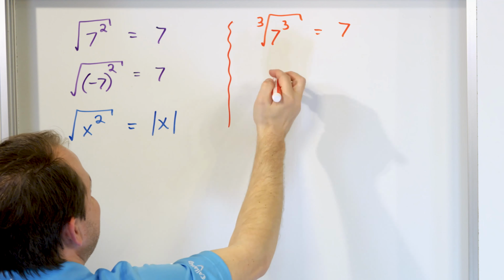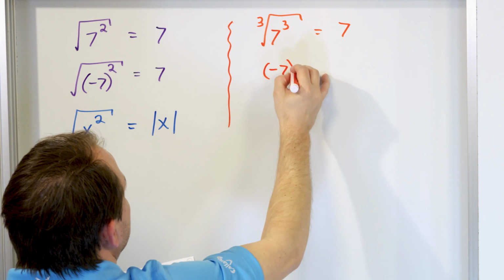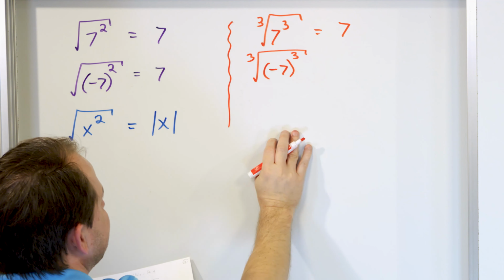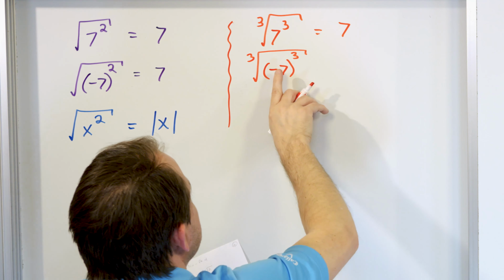Now let's do the same exact thing. Let's make it -7. We're going to cube it on the inside, and then we're going to wrap a cube root around the whole thing. What's going to happen? Well, -7 times